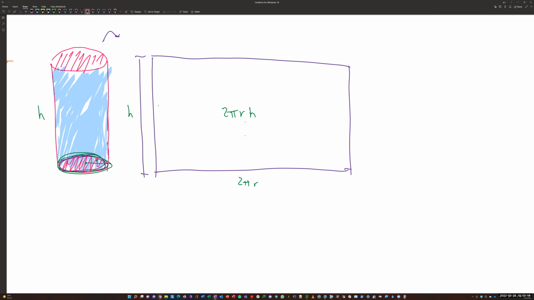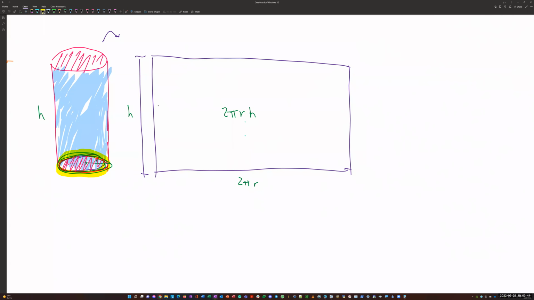Like if I took this container and cut it right here, and then opened the whole thing up, it'd be a rectangle. Does that make sense? Yes. And the base of that rectangle